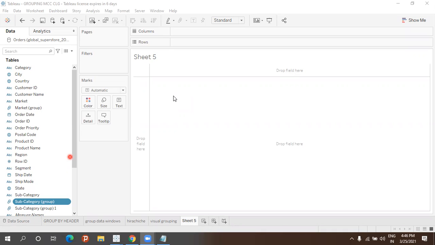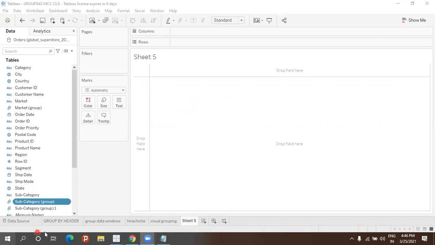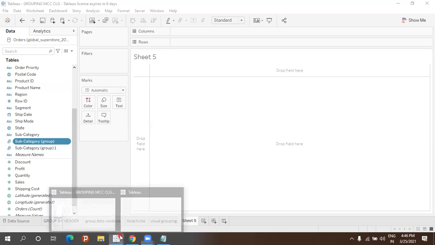Should we also take a new one, sir? Yes, because when we are working, this disturbance is there on the left side. We're going to study dimensions and measures. From here onwards we'll go into that: what is measure names, what is a dimension. These are auto-generated fields. What we grouped will cause a small disturbance. If you take a new one, it will be better for you to understand what is auto-generated and default-generated.